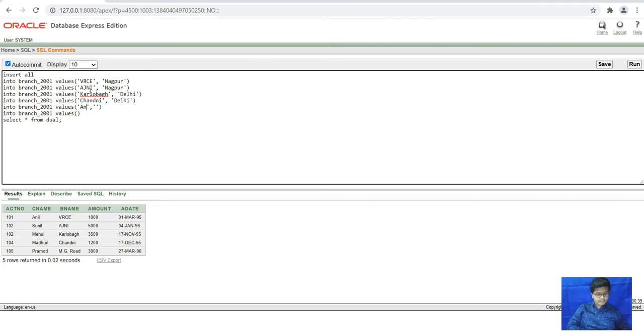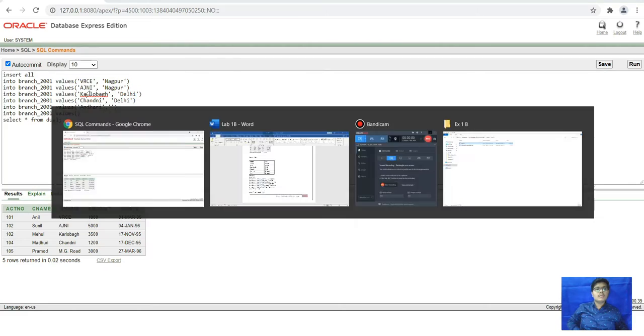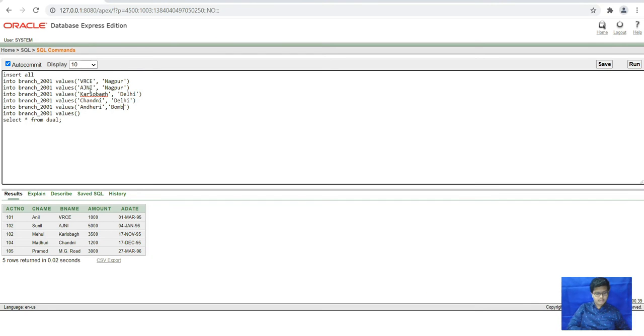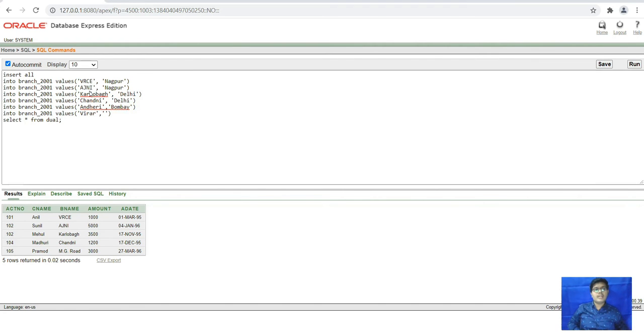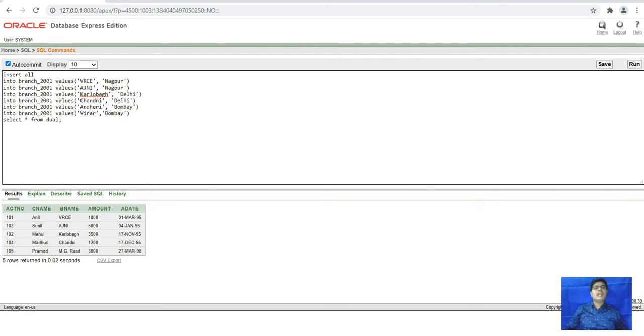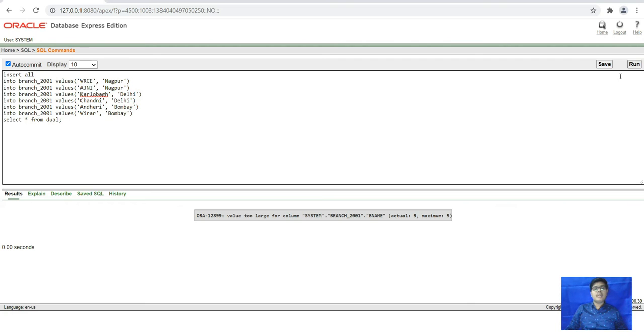After that, Andheri, that is in Bombay. And here is Virar, that is in Bombay. Let's check our table is created or not. Here we have created a table.